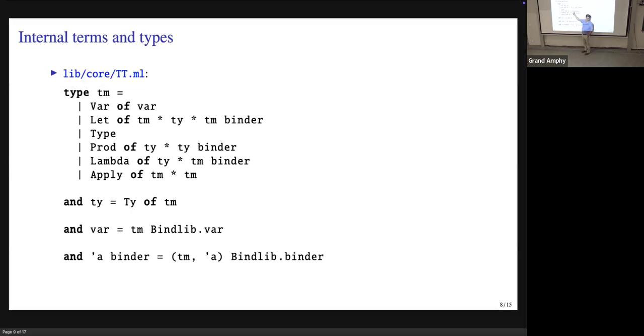There's no more name for the variable. Well, there's no name for the variable here because it's going to be hidden inside the binder. So the binder is also taking care of the name of the variable. Yes, question? So in the definition of TM, there's a sort of like TM is parameterized